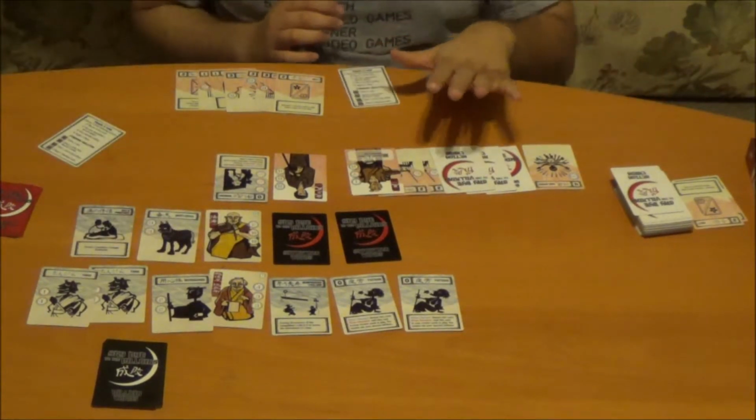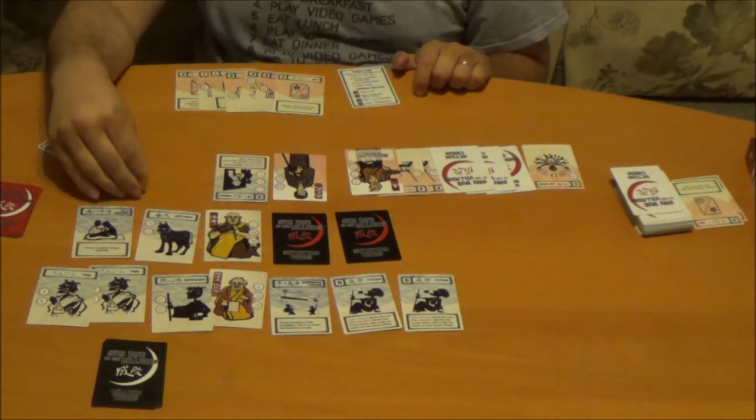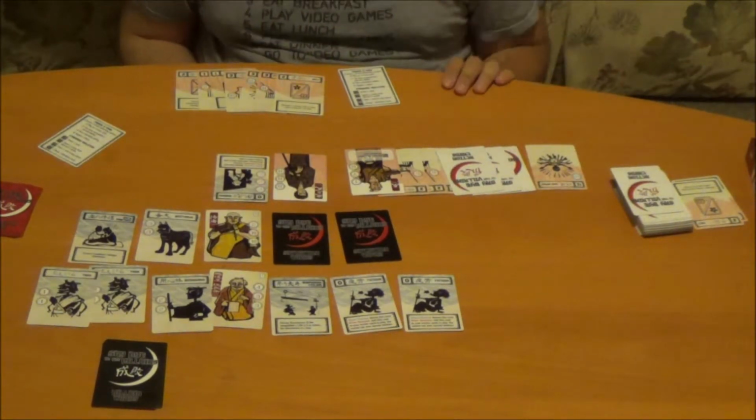Alright, so let's say at this point I would have decided to attack. I know what he has here. I kind of have to hope that he gains a ton of life. Pretty much these have to be like +7 life, which I don't see happening very likely, so...